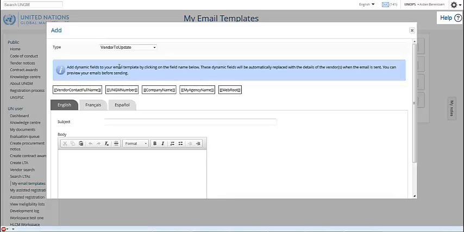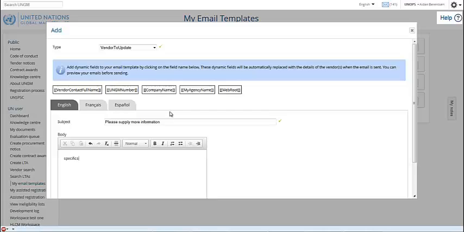So vendor to update is a process that happens where you evaluate a vendor, but you're not quite satisfied with the information they provided, or you need a little bit more clarity. And so the way that you will try and get that clarity from the vendor is to send them an email. So it's very helpful to be able to have an email template to do with vendor to update, and you can enter some basic details here in the template, and then you can always later on supply the specifics that are required